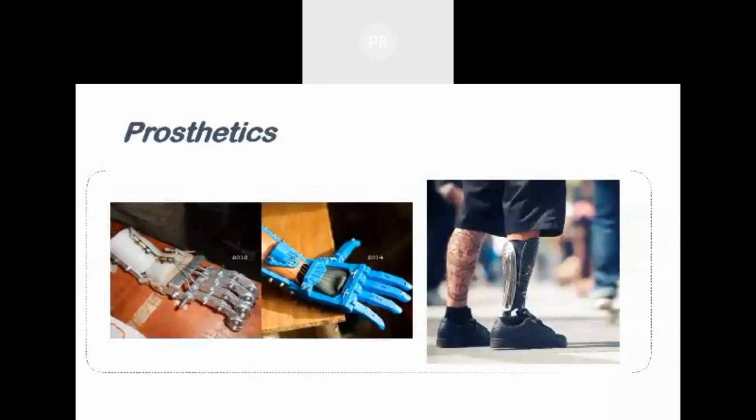Another application is the prosthetic part, which we have already covered, where we develop customized prosthetics, customized hands, customized legs. There are a lot of companies in Calcutta also, like Vispala, one of the bigger companies for prosthetic hand development, and we print the parts for them. So these are some of the things we are doing with prosthetics also.